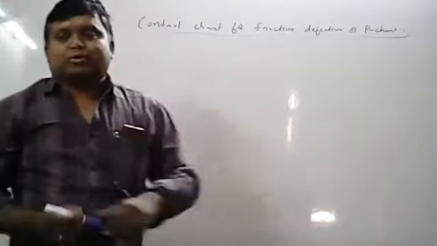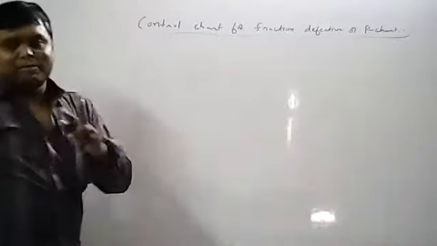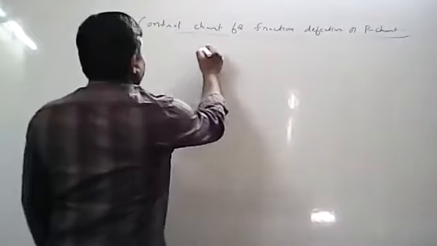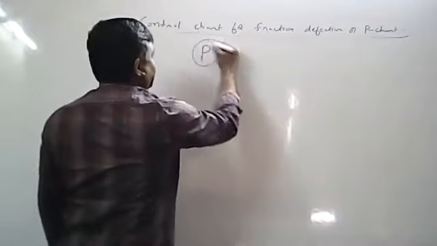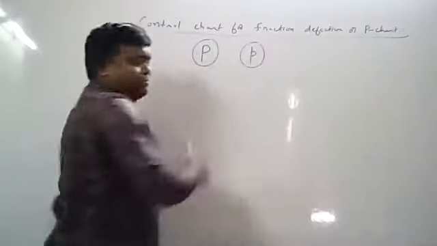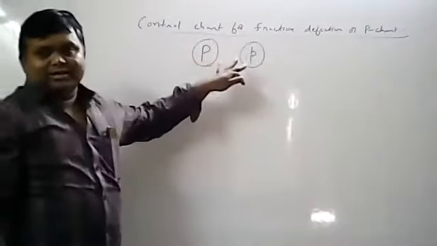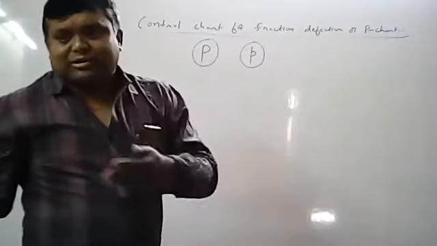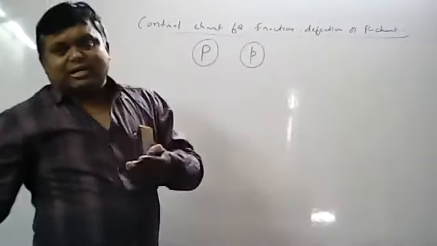Generally proportions are denoted by 2 symbols, population proportion and sample proportion. All of you know population proportion is denoted by capital P, sample proportion is denoted by small p. Now this one is very, very important. Here also you will calculate defectives or non-defectives. Defective is generally denoted as D, so D is the number of defectives.